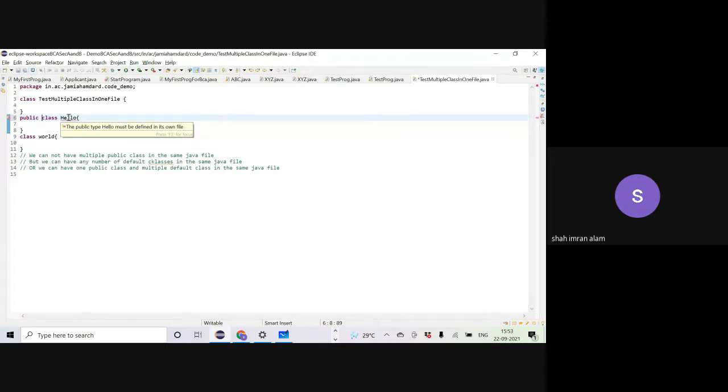Here you can see the name of this particular class, which is default, has the same name as the name of the file, right? But that's not allowed. What is allowed? If you are having a public class, you must have at most one public class in a particular file, and that public class must have the same name as the name of the file. You cannot give any other class the name of the file. So this is also not allowed. You are only allowed to have public here and not here.